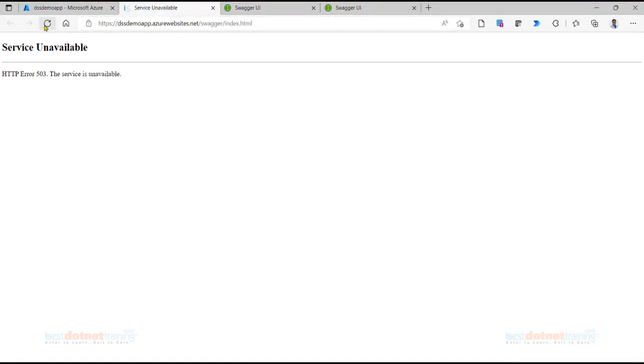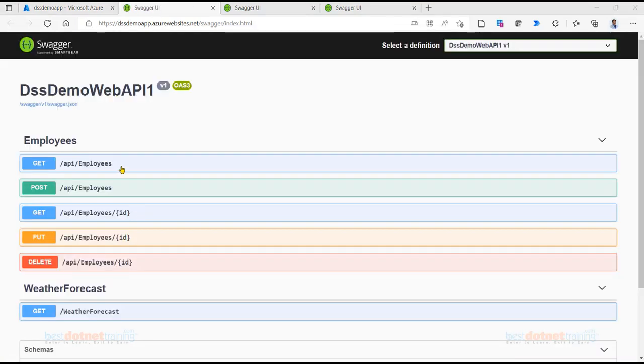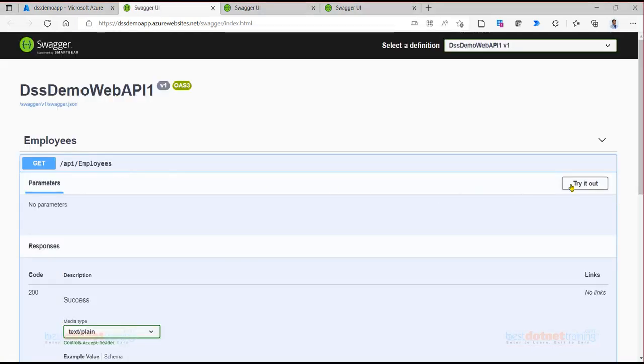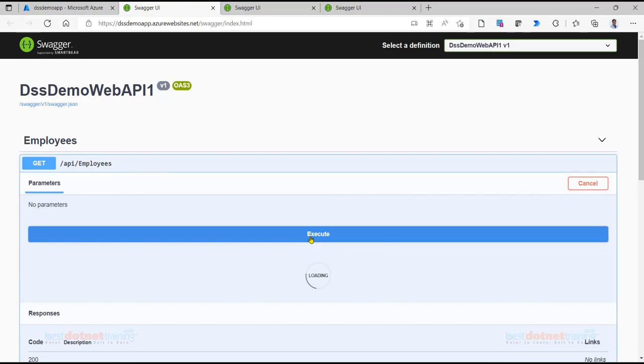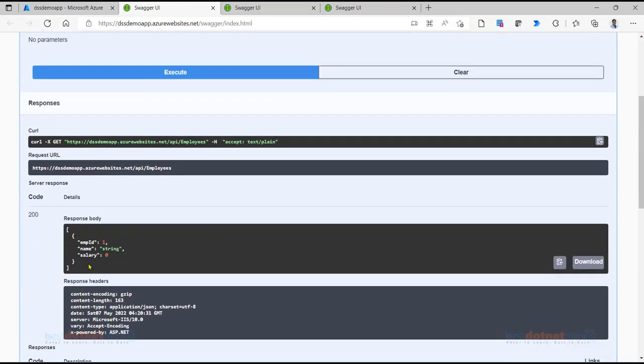It's still restarting. Once it is available, click on Get API, try it out, execute. I got the same record which I actually inserted locally.